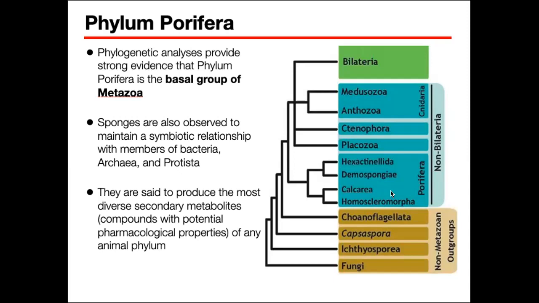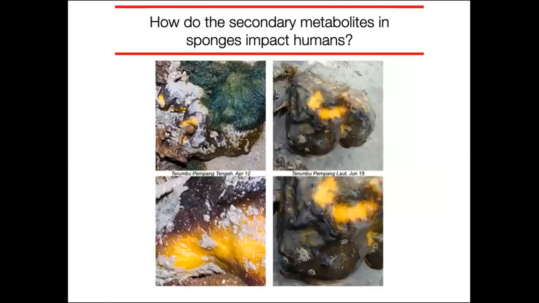economic or meron silang industrial importance because of the secondary metabolites that they produce. These are basically compounds, no? Or products that are produced by these organisms which are not directly involved in the normal growth, development, or reproduction of the organism. Okay? An example for this one is in your module, by the way,